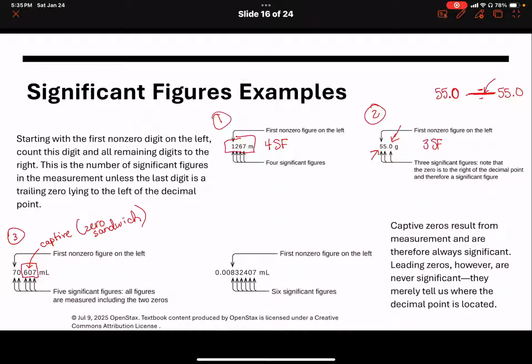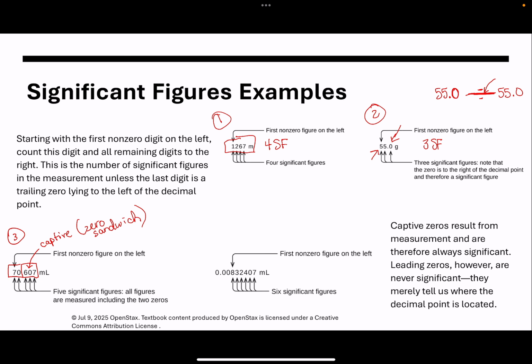That means that those three are all significant. Here we have two numbers to the left of the decimal point. Oops, I accidentally swiped back. Sorry about that. We have two numbers to the left of the decimal point, but even though we have a